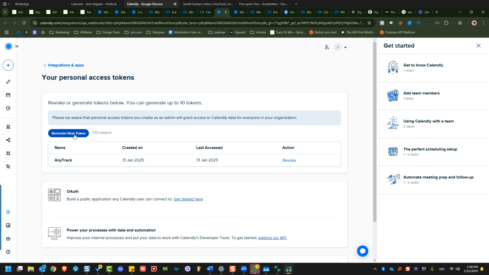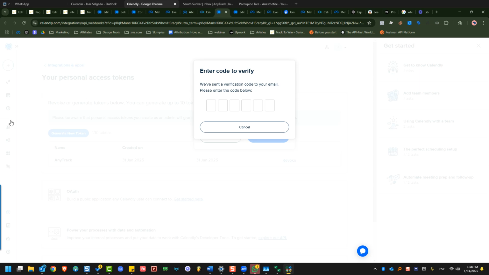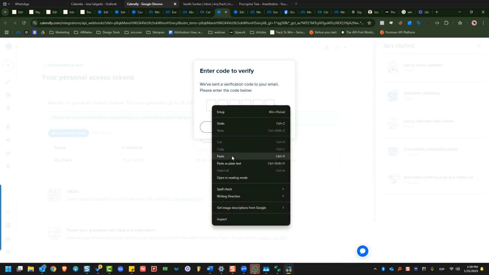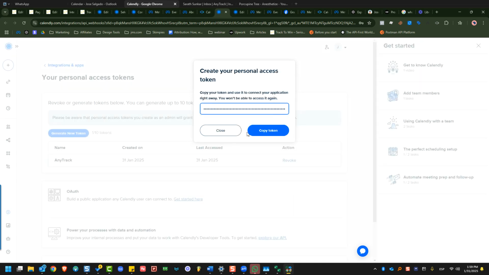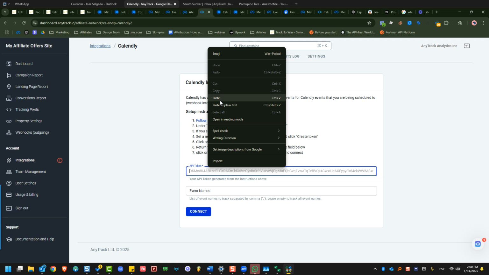Okay. So copy the token, and back in AnyTrack, paste the token here,